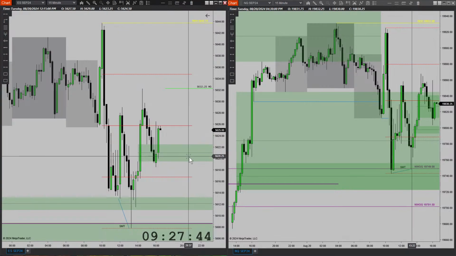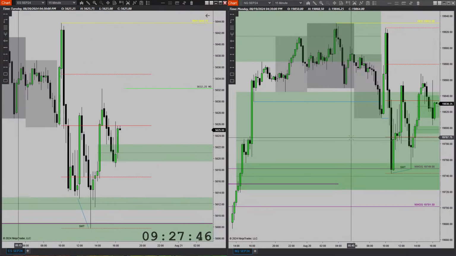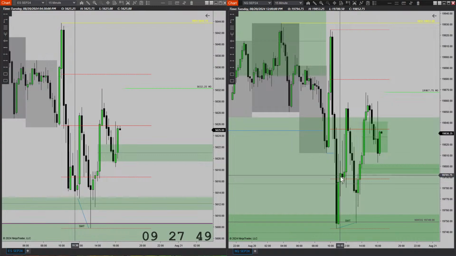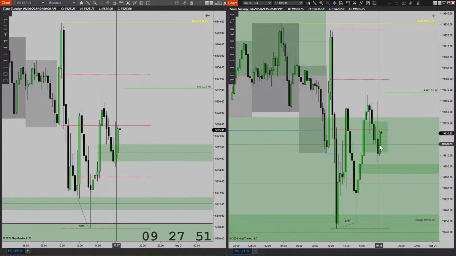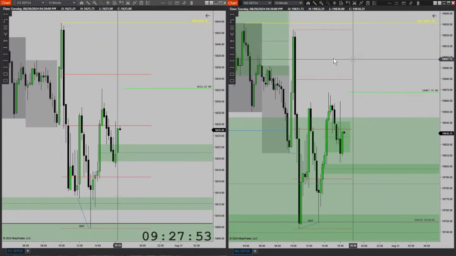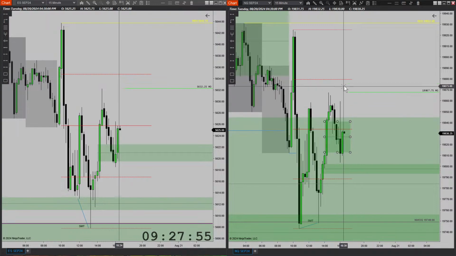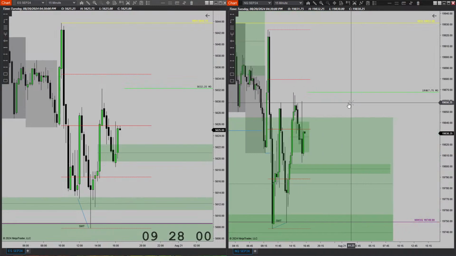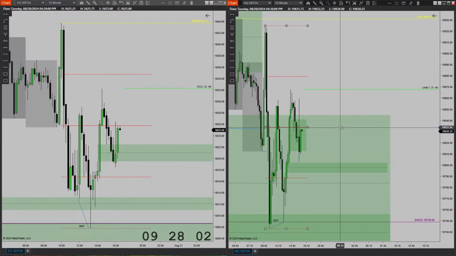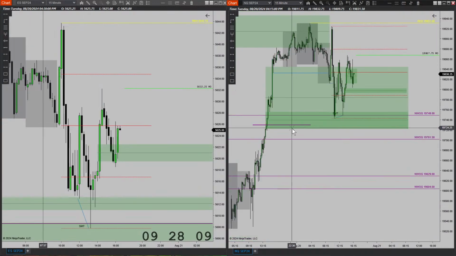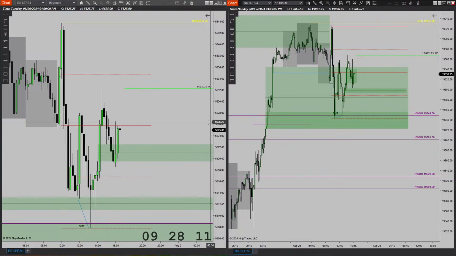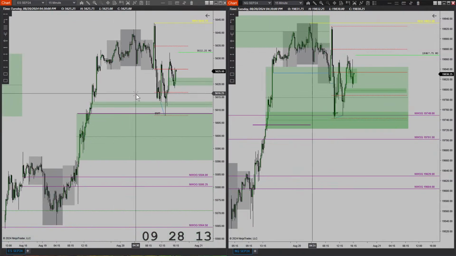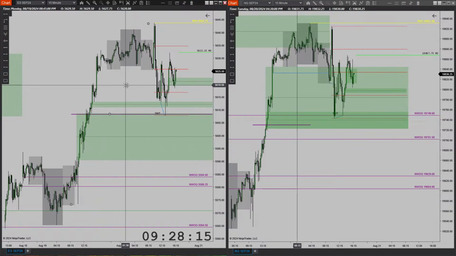I want to see what price did within this price range here. Same thing here. And if we drew higher, then I'll look for a continuation onto the higher time frame, the higher areas. If for some reason we swept these lows, then I want to see what price did at the 4-hour area down here. Same thing here, 4-hour area. I will not be looking to short just yet.